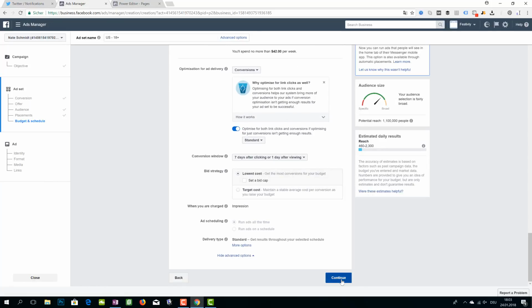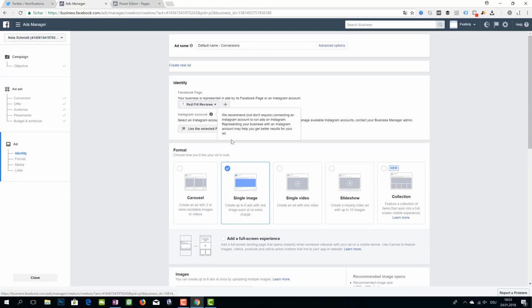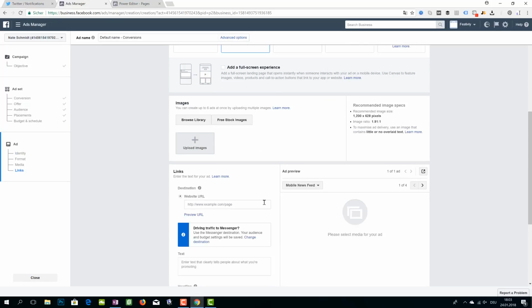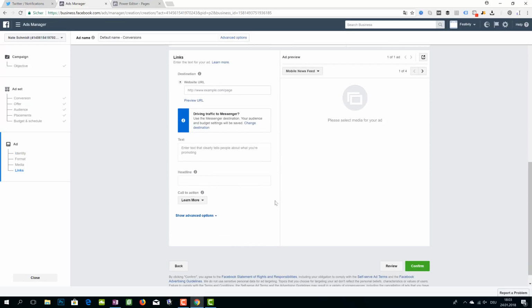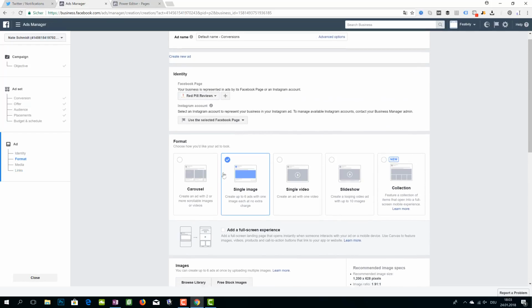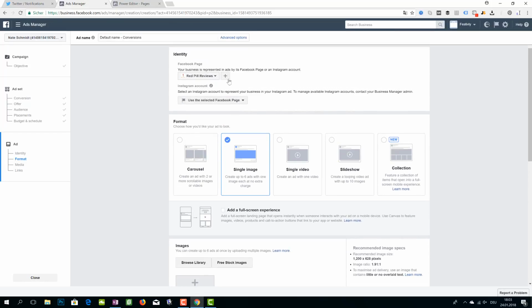So now we've got the ad set. The next step is creating the ad. We've got an old Facebook page there that's mostly unused. This is where you could create a new ad, but I actually don't recommend you do that. What I recommend you do